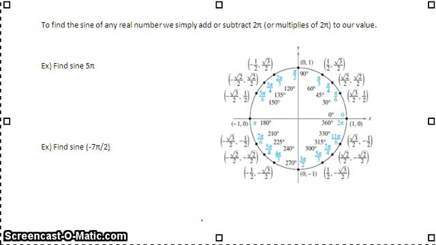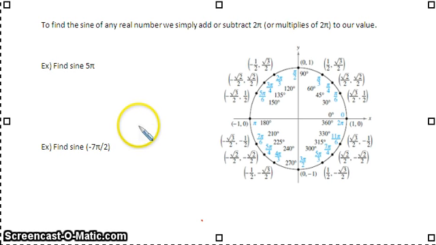In the previous video we were talking about how to find the exact sine or cosine values of angles that were on the unit circle. In this next example, I'm going to give you some angles that aren't necessarily on the unit circle, but we're going to figure out ways that we can use the unit circle to give exact value answers. And that's one of the things that I want to stress when we do these,